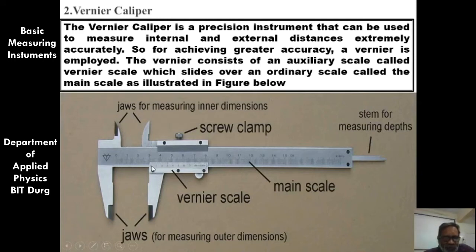There is the length of one division of main scale, that is the distance between the 0 mark and the first mark engraved on the main scale. And there is the length of one division on the vernier scale, that is between 0 mark and the first division engraved on the vernier scale. The vernier constant is basically the difference between the length of one division of main scale and one division of vernier scale. So that we have to find before using the vernier calipers. So let us move to the next slide, where we are going to find the vernier constant.